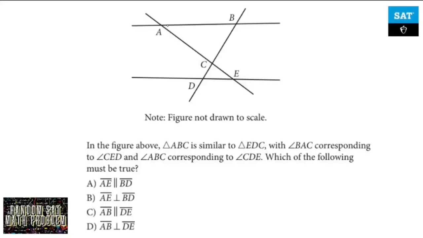In the figure above, ABC, that guy, is similar to EDC in that order. So that would make AB similar to ED. That would make BC similar to DC. And that would make, I guess, CA similar to CE. All right. Now, I know I'm marking congruent markings, but they're similar, which means they're proportions. I'll be careful. BAC corresponding to CED,